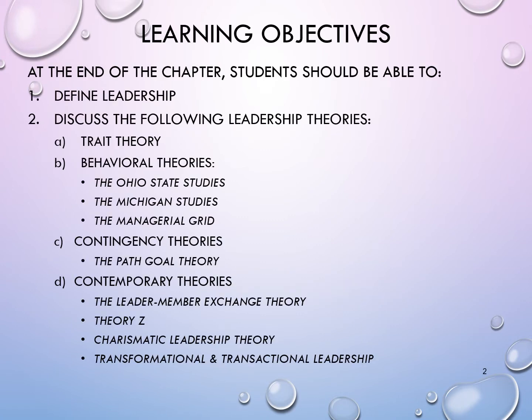Okay, what are the learning objectives for this chapter? So we are going to learn, the main thing for this chapter is the theories of leadership. First thing we are going to define leadership, and then we will go straight away to the leadership theories, which are divided into four main theories. The first one is trait theory. Then we go to the behavioral theories,